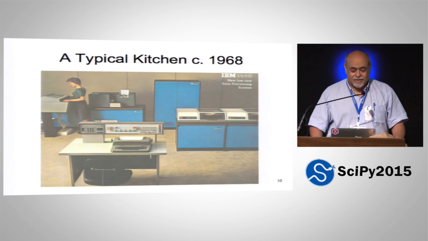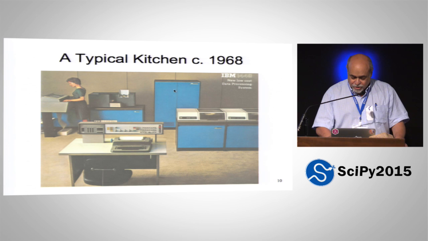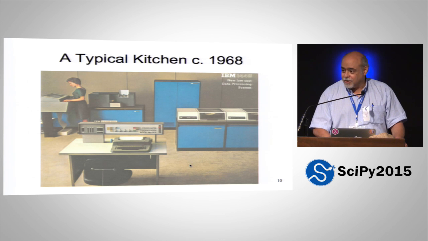This is what it looked like, the entire IBM 1440. This is the CPU. This is the console with flashing lights. This is mass storage. This is mom in the kitchen cooking. This was the input device called a card reader. This was the output device called a line printer. And this was an air-conditioned floor. Okay, this boat anchor